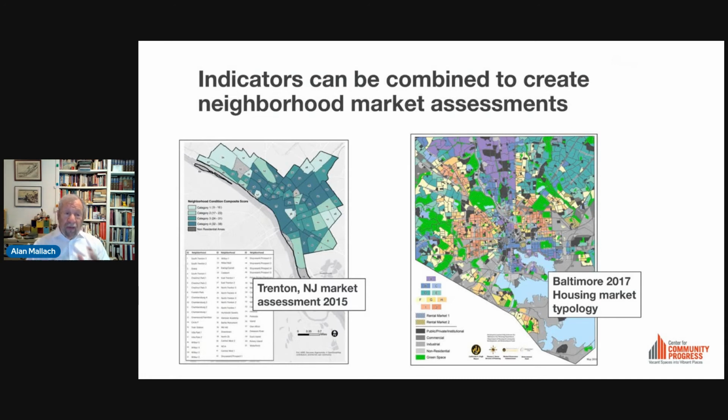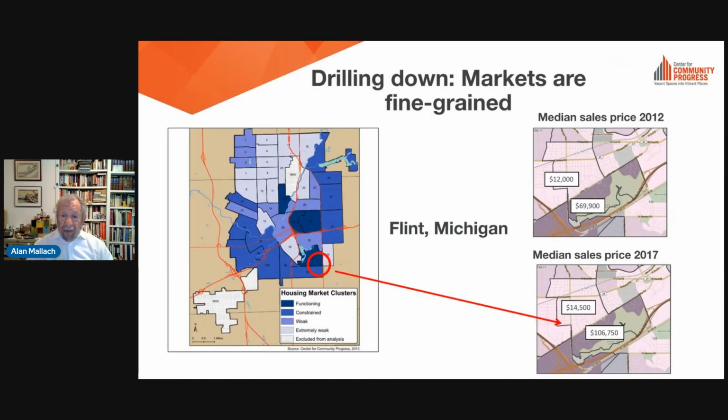You can look at individual indicators and see where vacant properties are increasing or where tax delinquencies are decreasing. So this is an immensely powerful tool for being able to look at your neighborhood. Next slide. And I'm trying to run through this because I'd like to really have a chance to answer some questions before it's too late.